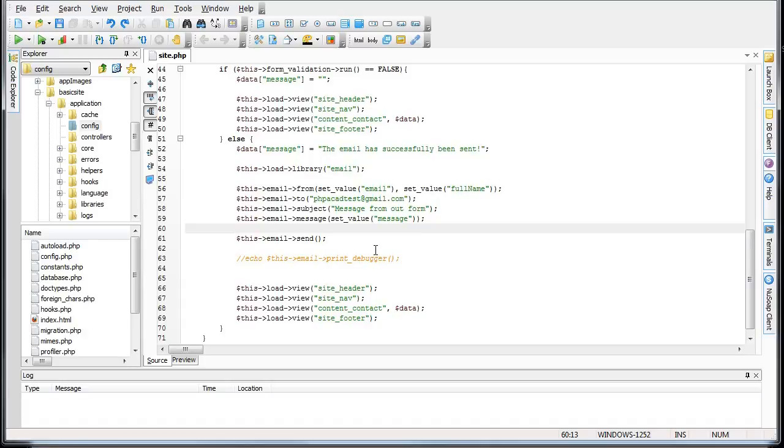Of course, I'm not teaching you how to configure PHP to send email. I'm only teaching you how to use the email